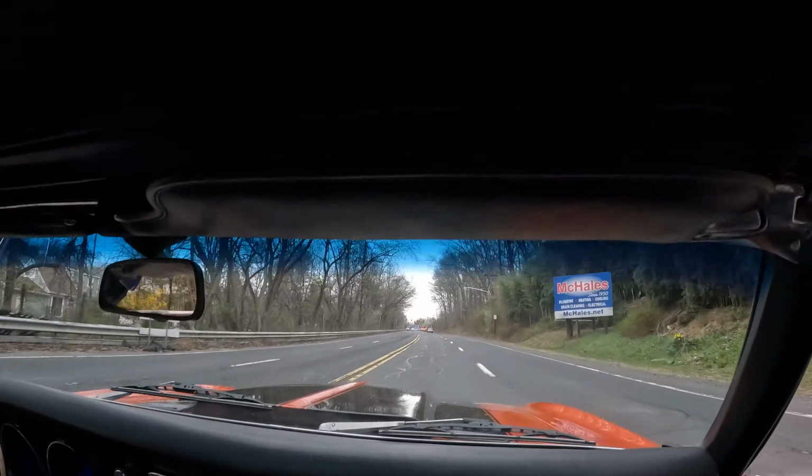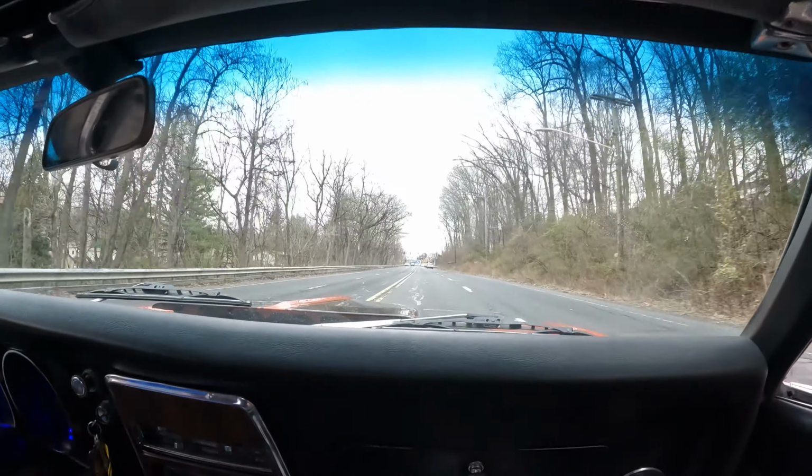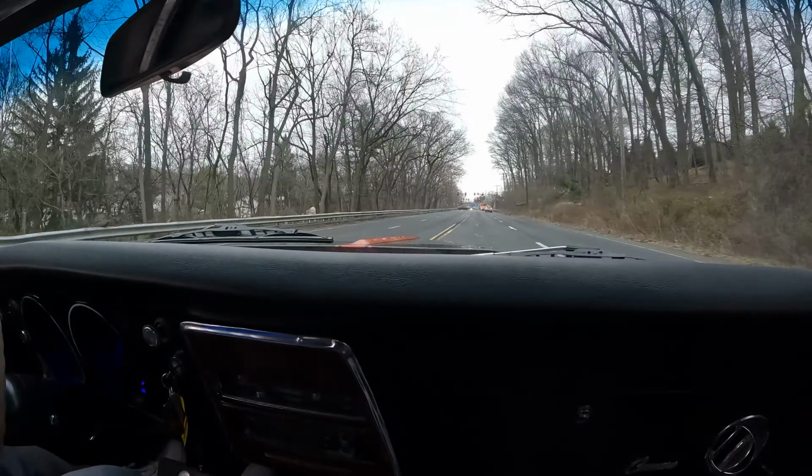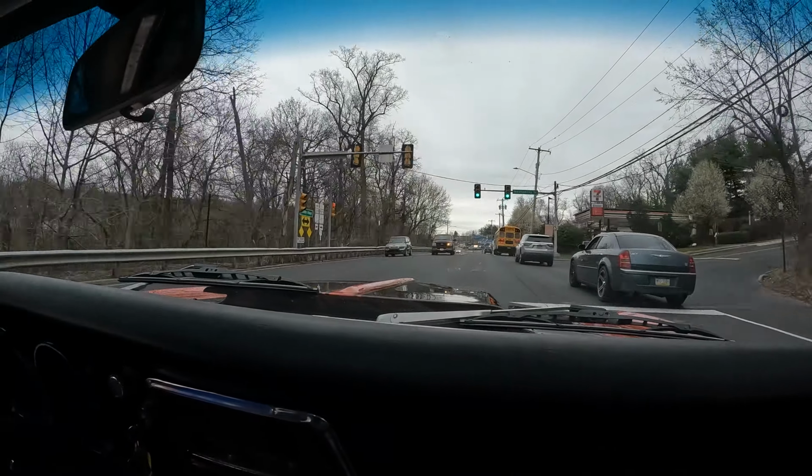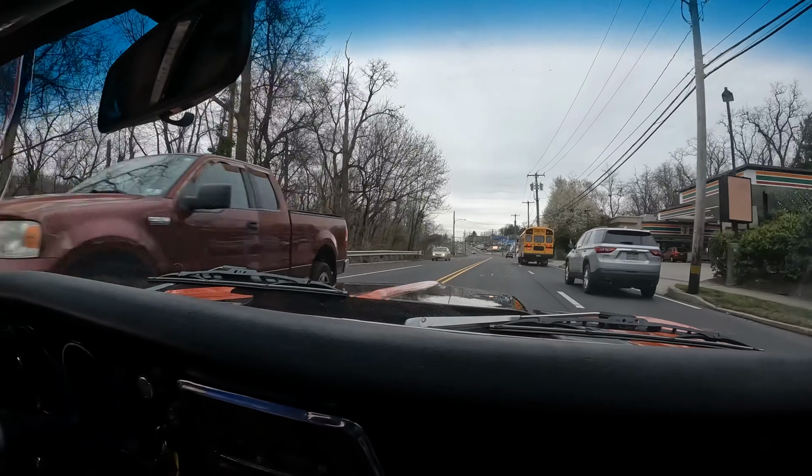A little road noise. Again, we're in a convertible, so it's something to be expected. But just an overall solid driver. It sounds good, drives good. It brakes really good. I don't like this squeaking. But I mean,